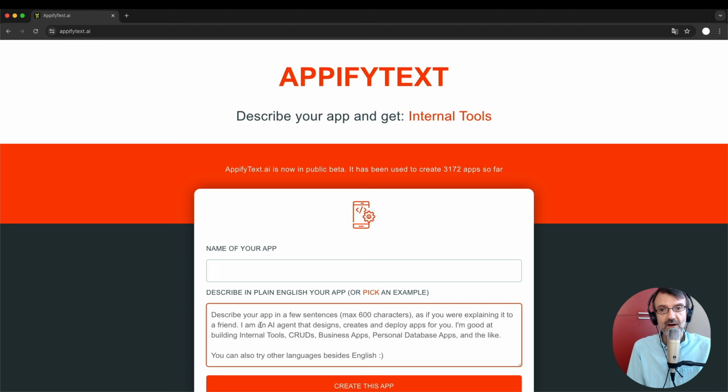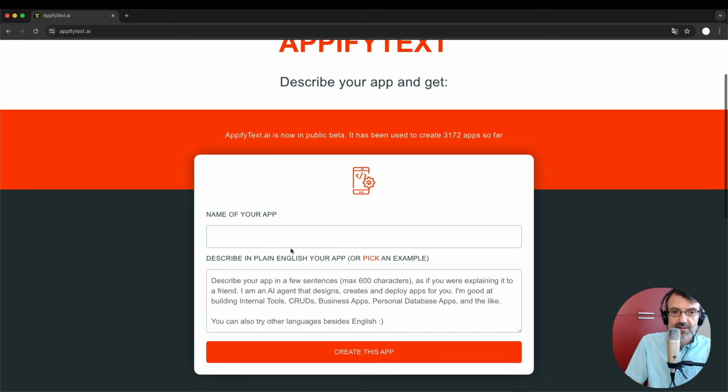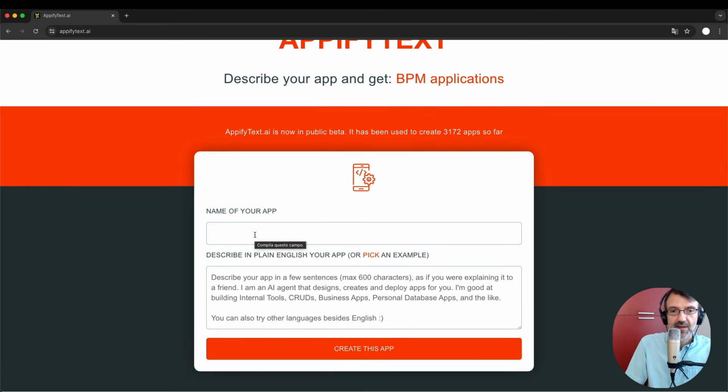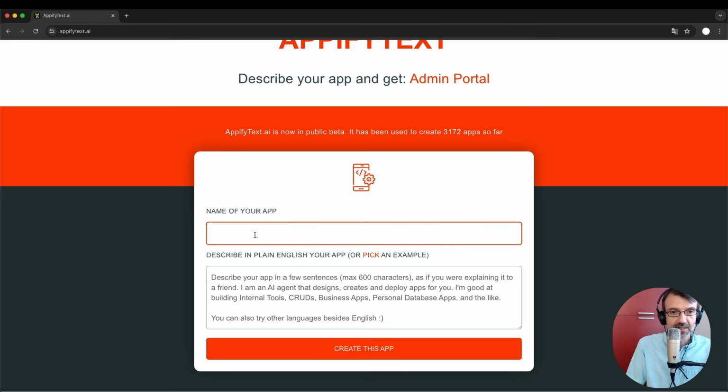They can verify if a car is available and where, and they can start a rental. Okay, so we can start giving a name to our app. We can say something like car rental